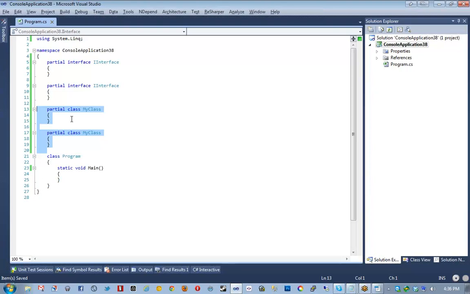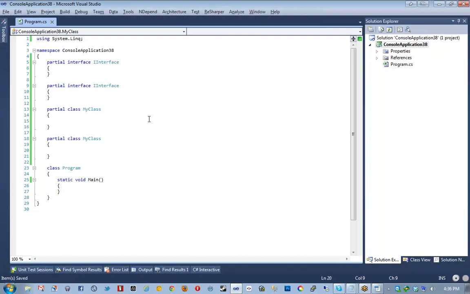So every assembly that you have has to have all the partial types defined inside that assembly, and you cannot create a partial type in one assembly and compile another assembly with another partial type, because that just won't work. Okay. So basically, now that these are pretty much the same class,